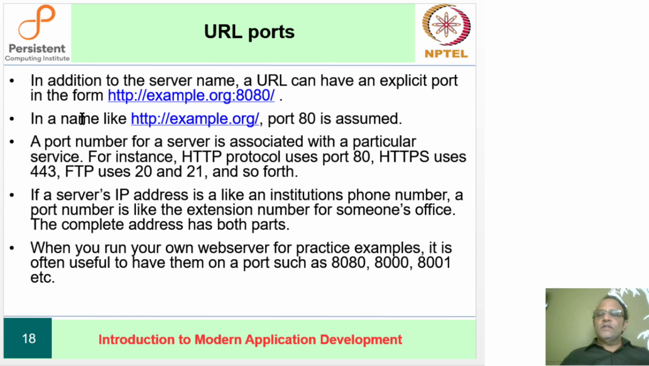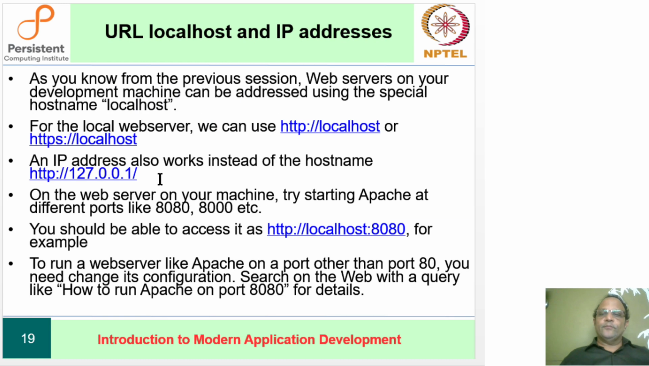Port numbers below 1024 are reserved for many purposes. So practice site ports are often 8 related. For historical reasons, you can use any number you want, and it makes no difference. So let's see how it looks to run multiple localhost services on your machine. As we have seen from the previous session, web servers on development machines can be addressed using the special host name localhost. For the local web server, we can use